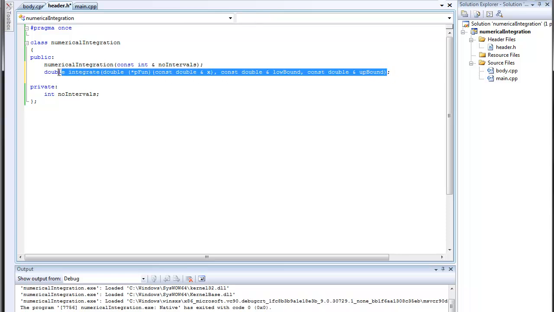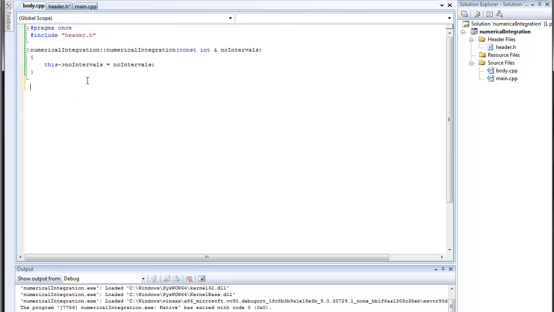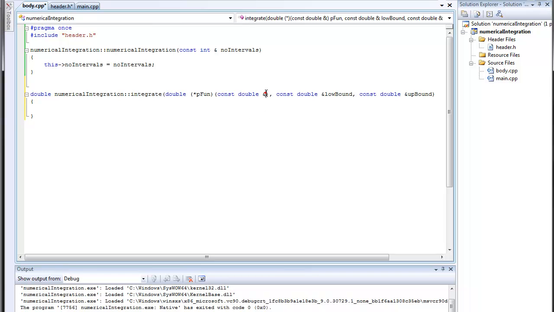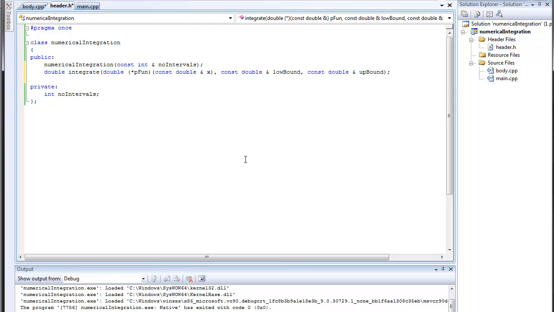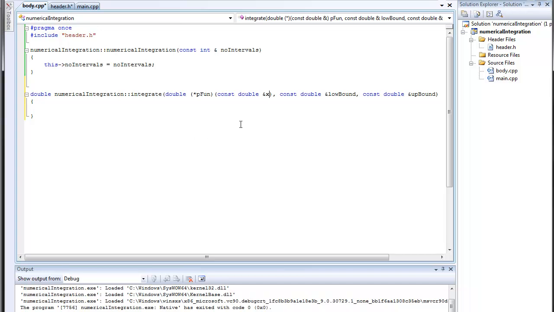I copy this definition, and over here I type double numerical integration. Okay, here should be x, doesn't matter, and yeah,